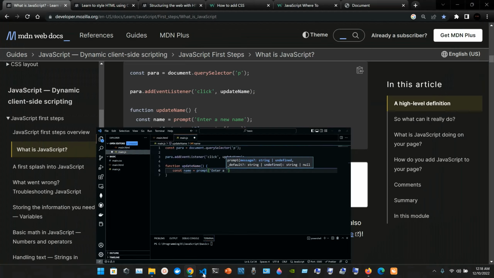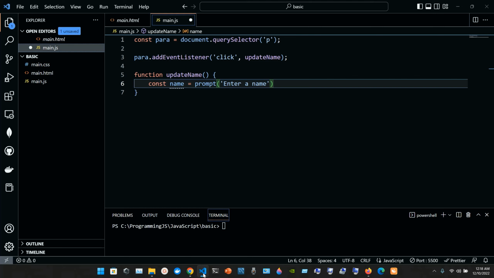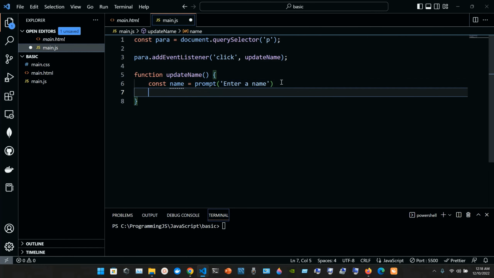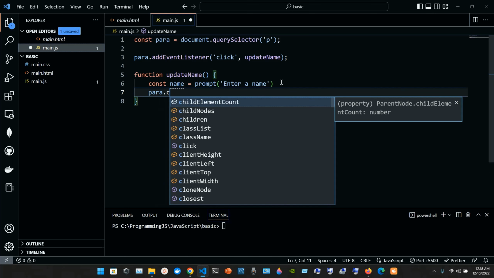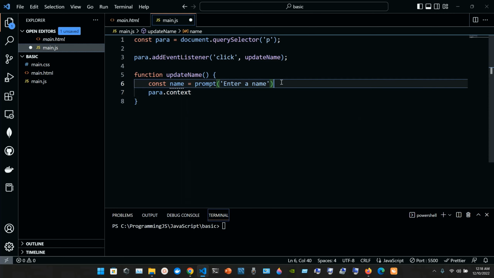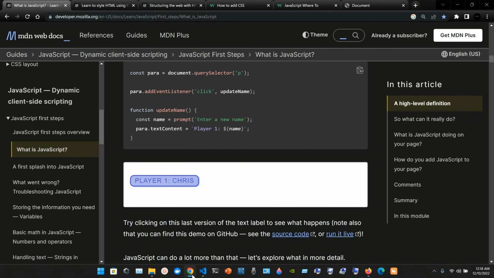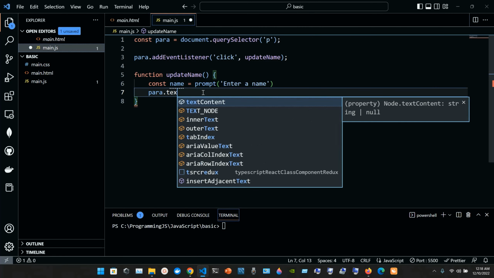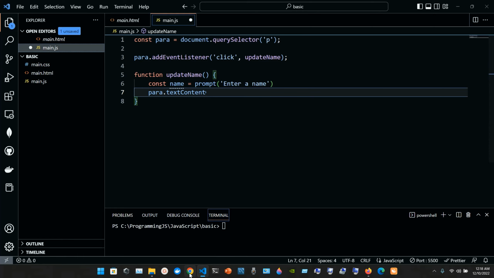Then para.textContent, next line, para.textContent is going to assign Player 1, so equal to backticks,